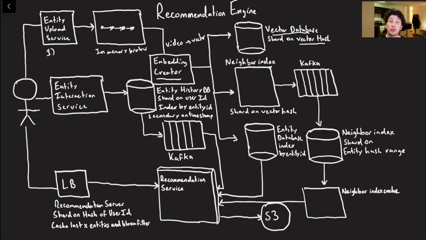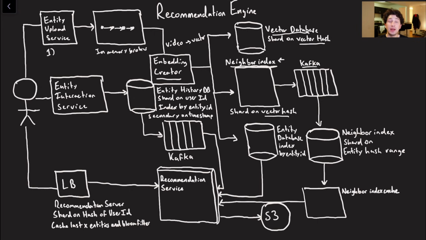From there, we now say, okay, for the new vector that I just created, I just found the 10 closest neighbors. Let me now look at those 10 closest neighbors in our actual neighbor index and see if I have to update those neighbor indexes to reflect the fact that I now have a new vector. So we can go ahead and do that. We would put that in our neighbor index like so, and then in order to achieve fault tolerance on this memory-based cache, what we do is we take all of the changes that we make, we throw them in Kafka,